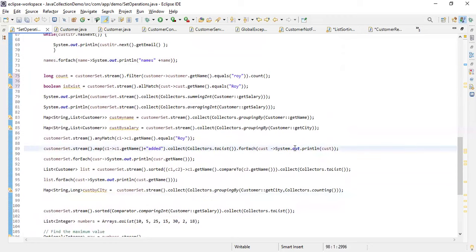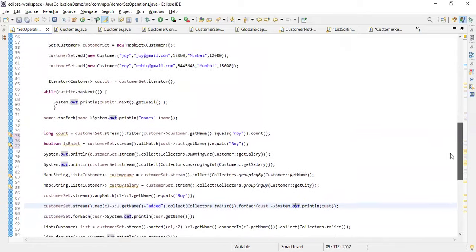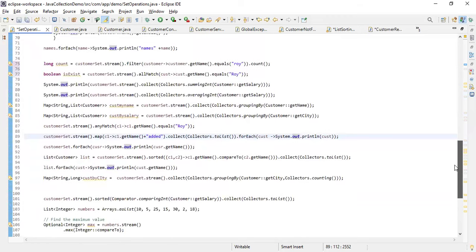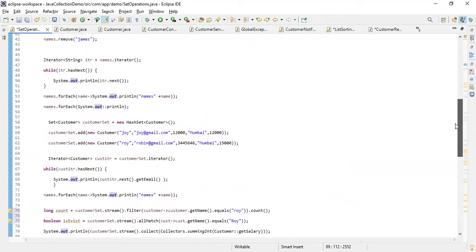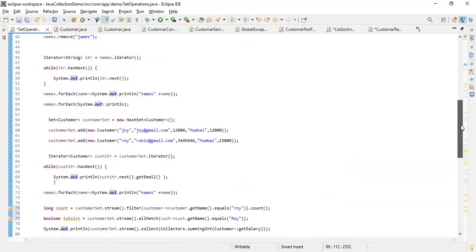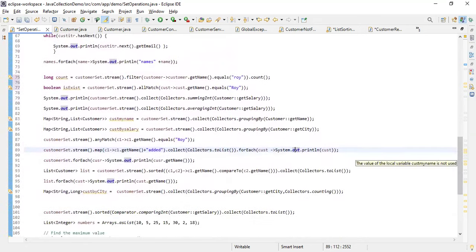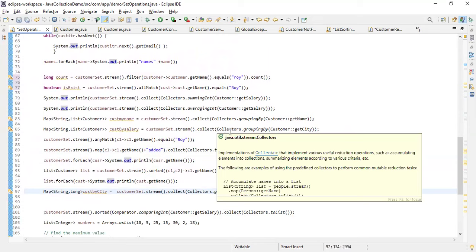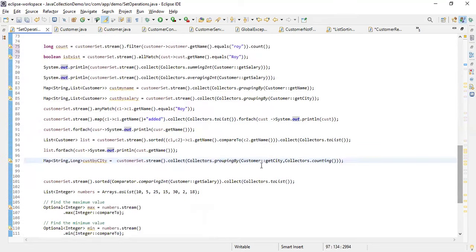You can also use, let's say if you want to create a map, there is flatMap and map. There are two more operations, right? If you have multiple lists, you can merge these lists and create one single list. That is the use case of flatMap, right? Working on multiple operations. Now here we can also see, we have seen collectors, right? We have seen collect to list, group by, and you can also see mean, max, summing, average. We have seen the filter, we have seen allMatch, right? We can also see one more operation here.